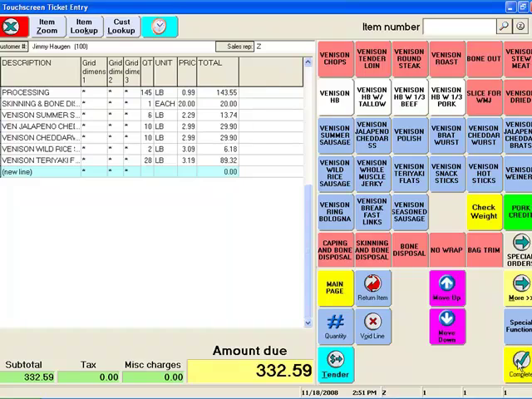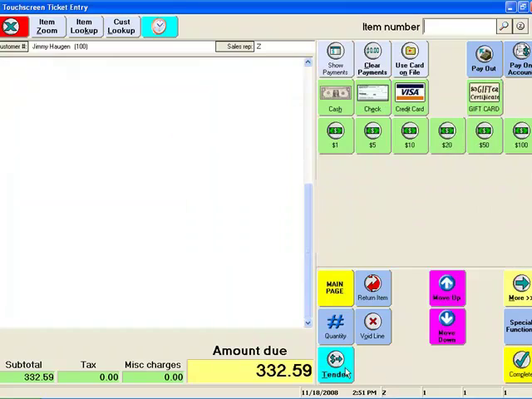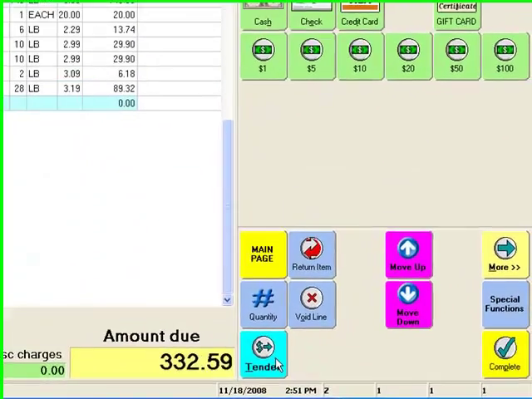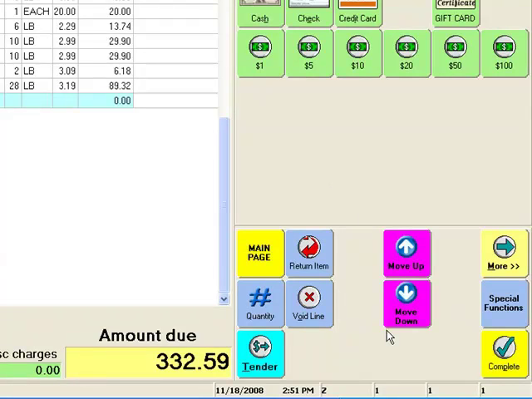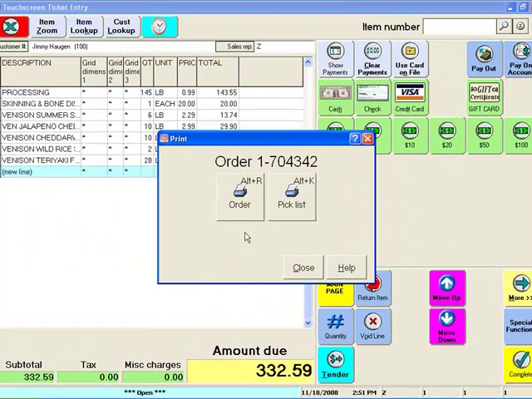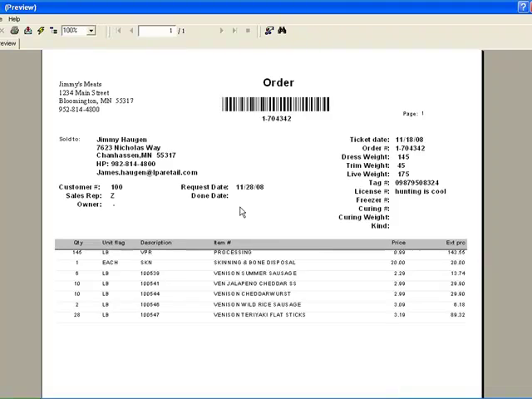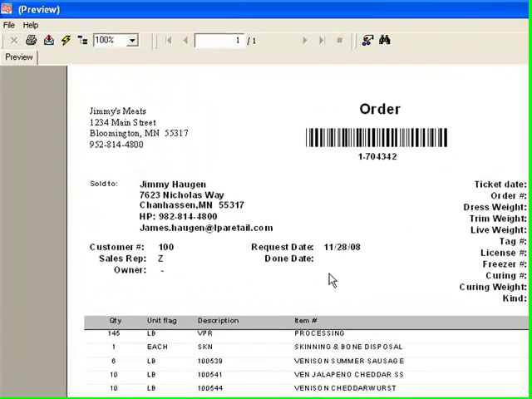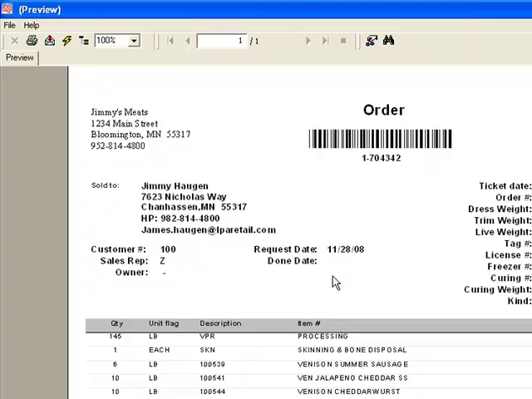At this time, we can tender out once we've completed the order. It's going to print out an invoice, and on this invoice it's going to have the customer information of who we sold it to. It's going to have our captured information on the right hand side, you can see here,